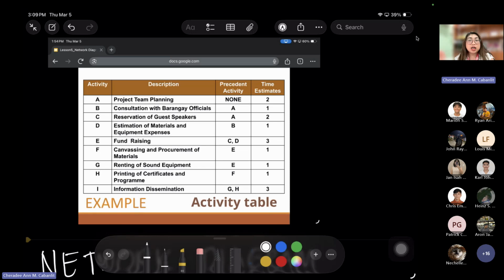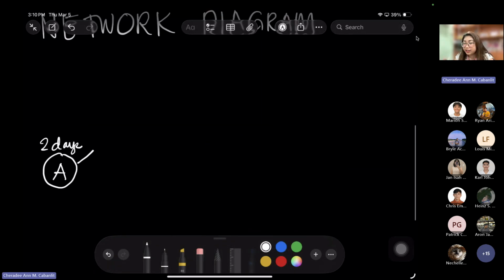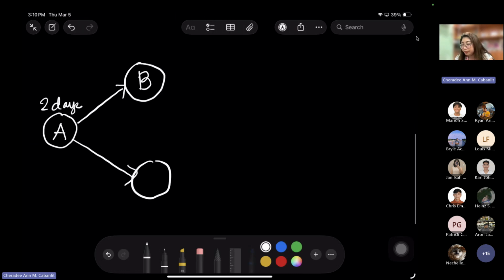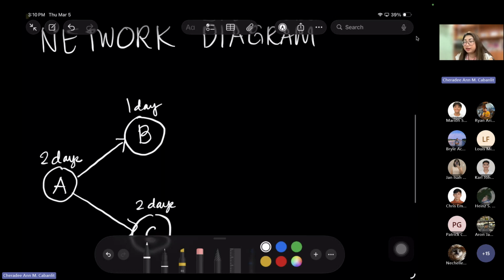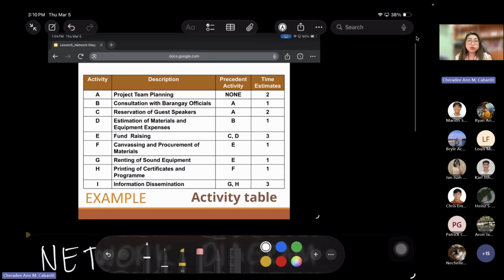Maybe the speakers are not available in just 1 day, so they have to revisit the speakers in a maximum of 2 days. Since they are done simultaneously, they will come out of activity A simultaneously as well. So B is 1 day and C is 2 days, because you have to do 2 days for the reservation of the guest speakers.